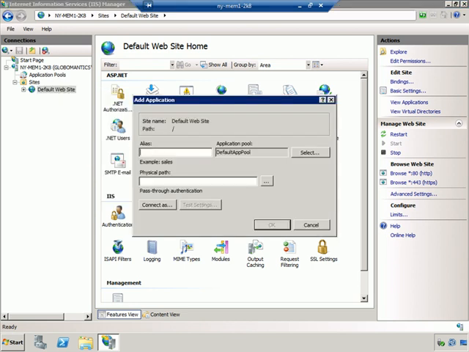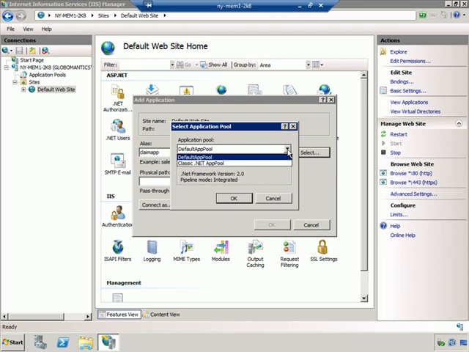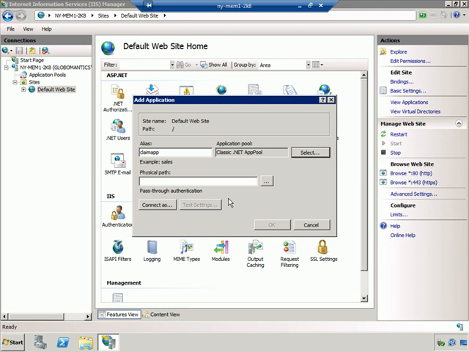In here, we're just going to call this Claim App. Then we're going to click Select, and we're going to use a classic .NET app pool. Click OK. Then we need to come down here and click the 3 dots,